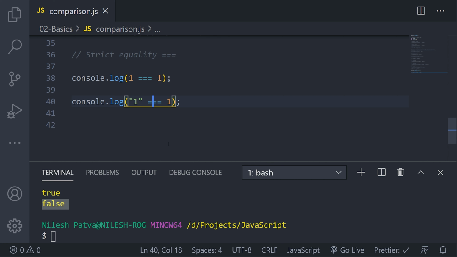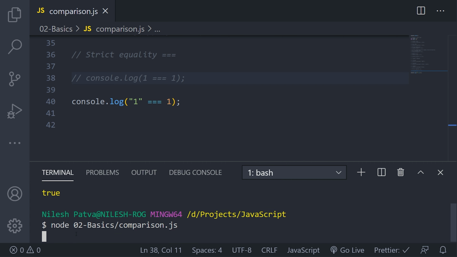But I'll show the difference between strict equality and only equality operator. So let's just see what the double equals to will give me. So both are returning me true. And if you go back to the strict equality, it will show you. Let me comment this, and let's just run again. So yeah, it will give you a false value.